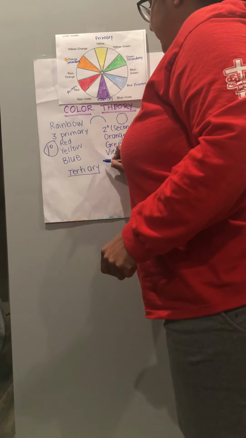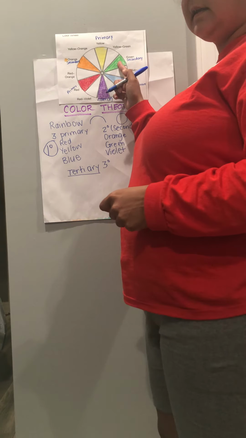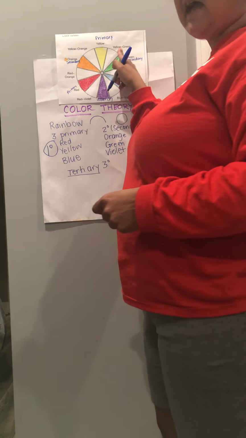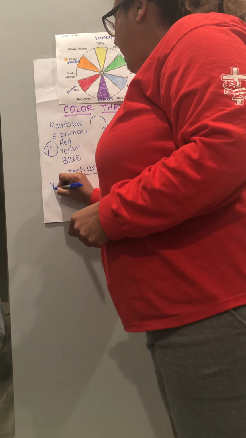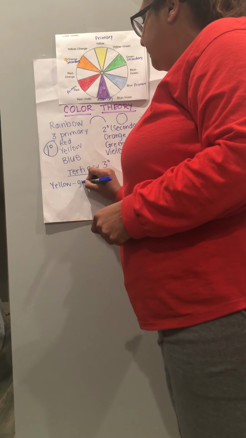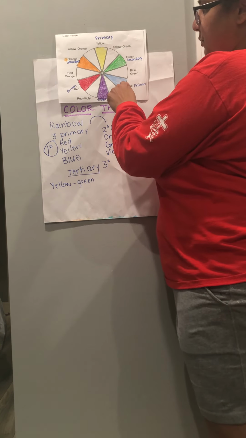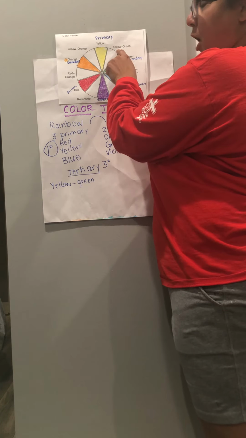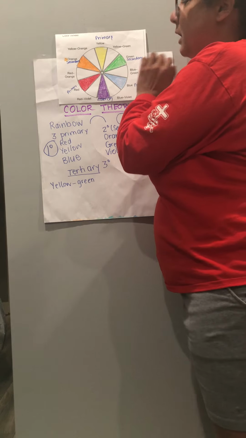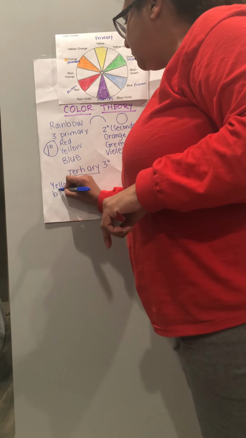So the tertiary colors are a mixture of a primary plus a secondary, but we always write the primary first. We put a little dash between them. So I have yellow dash green, and then between the green and the blue, I have blue-green. We always say the primary first. So we don't call it green-blue, we always call it blue-green. So the next one is